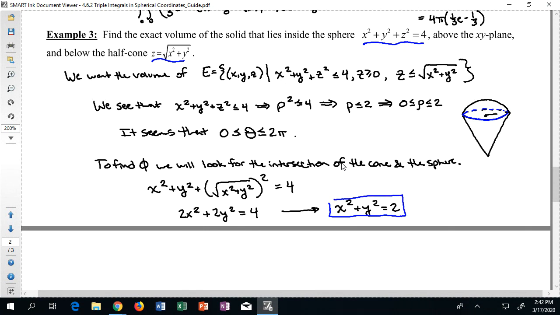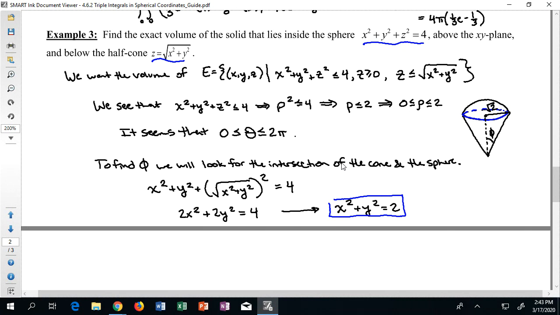And I'm going to go ahead and actually draw that on there. Oh, sorry, not radius 2, radius root 2. Excuse me. So I have a radius root 2 there in that picture. Now, there's a couple other things that I can determine. First off, this is my angle of phi, right? My guy, if he's standing there, is rotating, his arm is pointing straight up, and he's rotating as he comes down. And I want to figure out how far I have to rotate to get to the edge